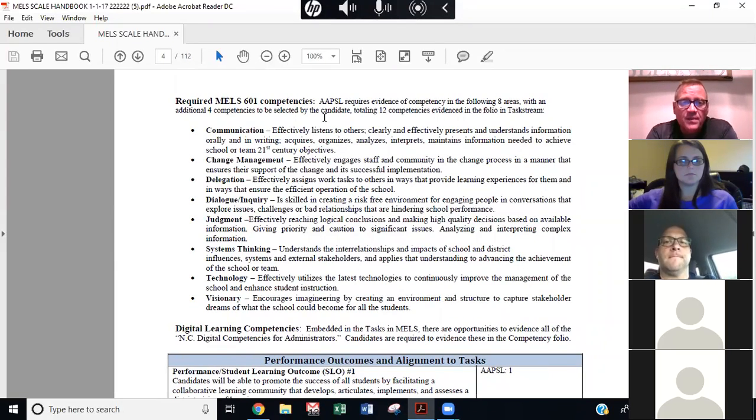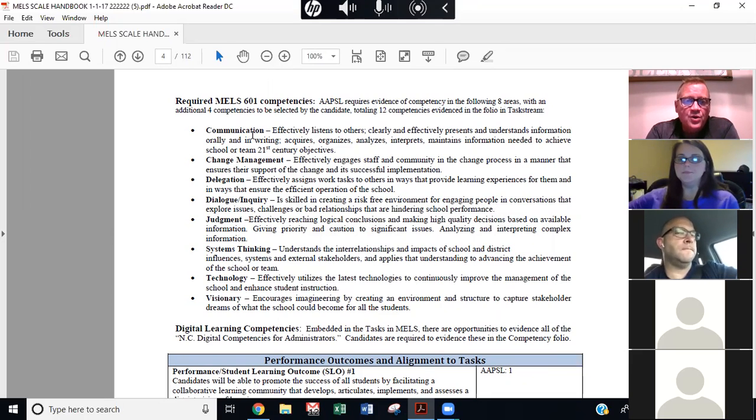If you'll look up here, the APSL requires evidence of competency in the following 8 areas. If you'll remember, and we'll look at it when we get into TaskStream, there are 21 competencies overall. And those 21 competencies come from the North Carolina School Executive Evaluation for school administrators.